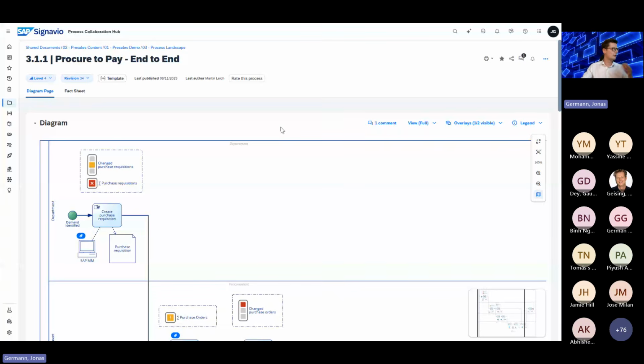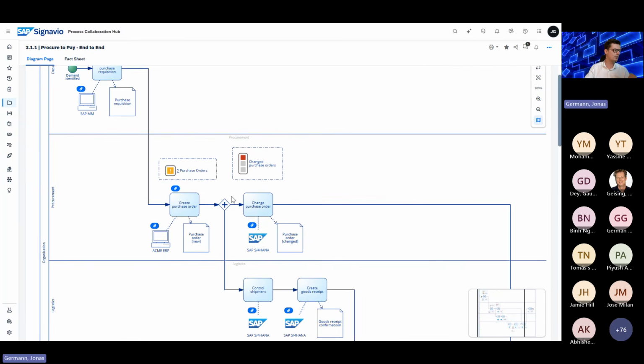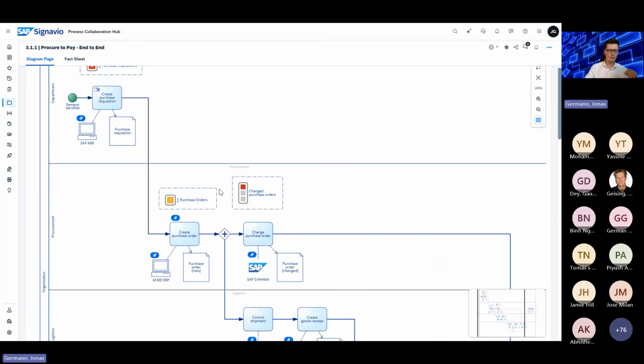Okay, so different topic, but we have some minutes, so why not? This is process collaboration from Signavio. Here it's a kind of starting point if you want to have a look into your modeled processes. And in this case, we have the process mining solutions and LeanIX combined on one slide, on one BPMN model.